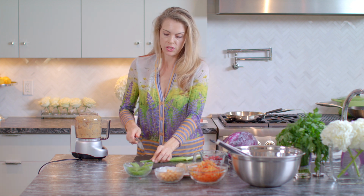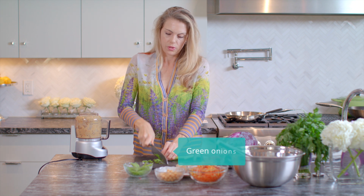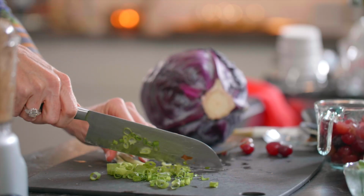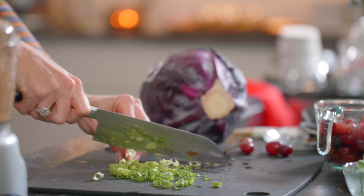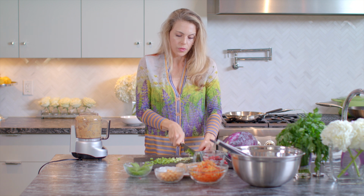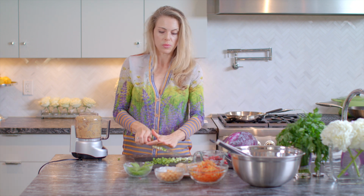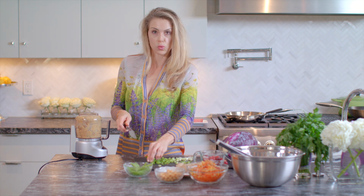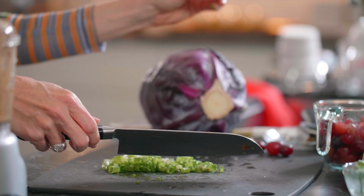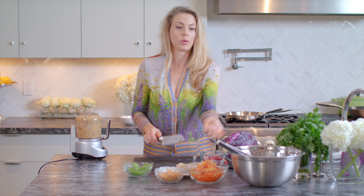So I've got some spring onion here, which is always so much easier to chop than a bigger one. And when we talk about the path of least resistance, we've already got a party going on outside. When we talk about the path of least resistance, we're talking about when you're in a situation and you're not sure what you should say. Sometimes it's good to not say anything. Sometimes it's good to wait. And path of least resistance is about being mindful of what your next experience will be. Whether you're saying something to someone where you're